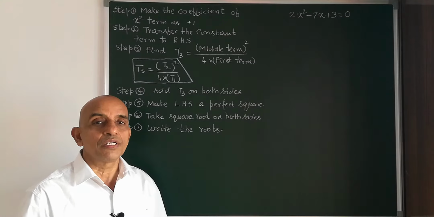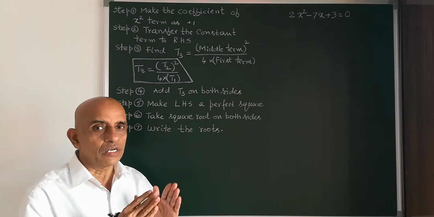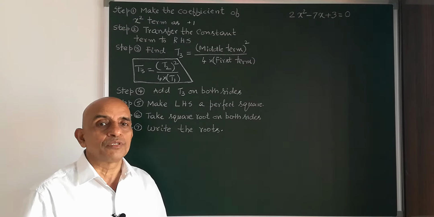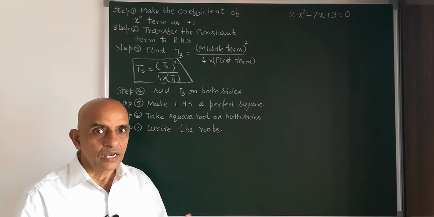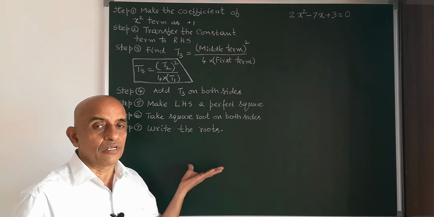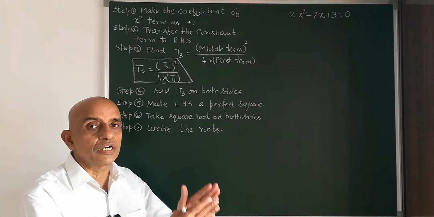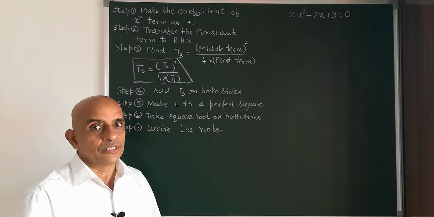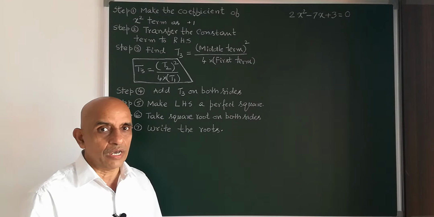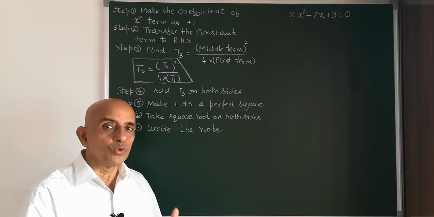This is the beauty of algebra. First, we have seen what is the relation between the numbers, algebraic expressions, quadratic equations, and the geometrical shapes such as triangles, rectangles, and the interrelation between them. Then, what is a standard quadratic equation? What is the sum of the roots? What is the product of the roots, and how this is related with the squares, rectangles, and how this is forming an incomplete square and how we are completing the square. With that technique, we are solving the quadratic equation and finding the roots.